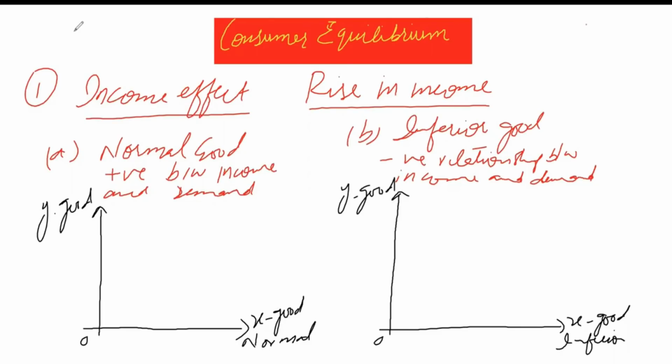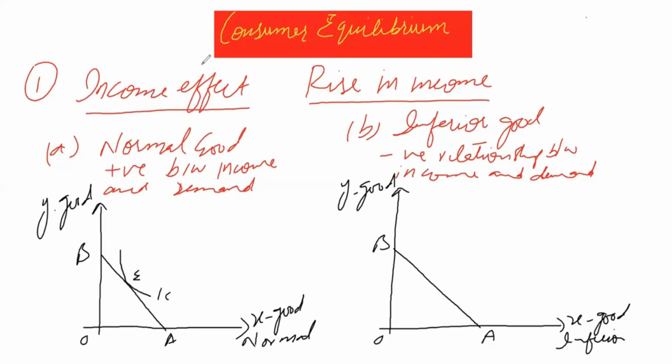Like in the left hand side graph, first of all draw a budget line and label this budget line as AB. AB is just a notation, you can write it AA or BB or anything, and repeat the same process in the right hand side graph. Draw budget line AB, and now draw an equilibrium point at point E, where budget line is tangent to IC curve and consumer purchases x1 quantity of normal good, and repeat the same process in the right hand side graph. Draw an indifference curve, and budget line is tangent to IC curve at point E, where consumer purchases x1 quantity of inferior good.